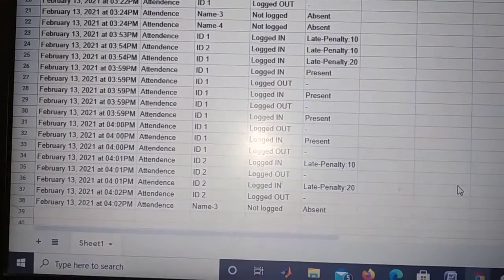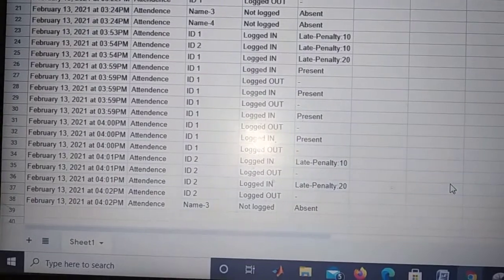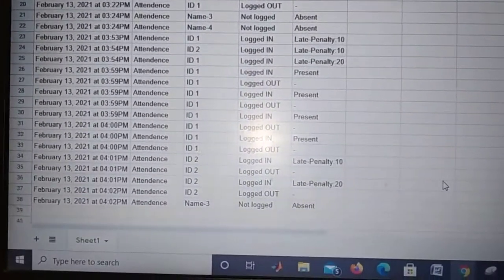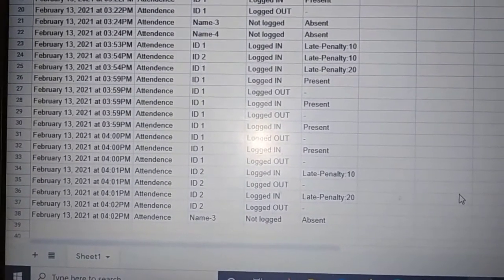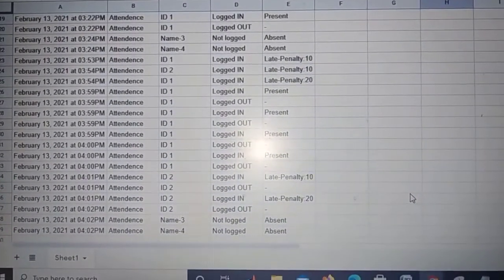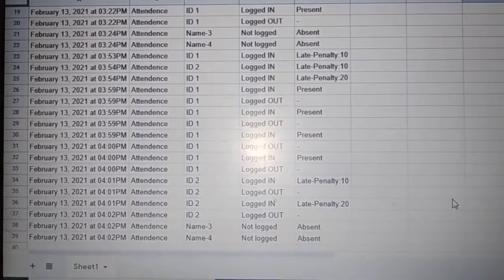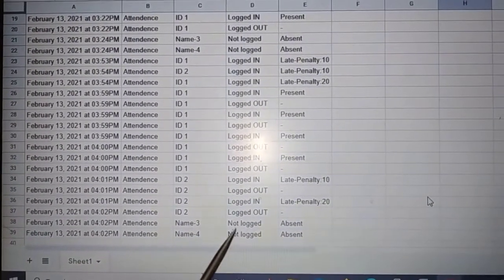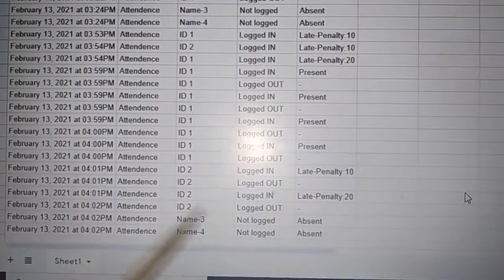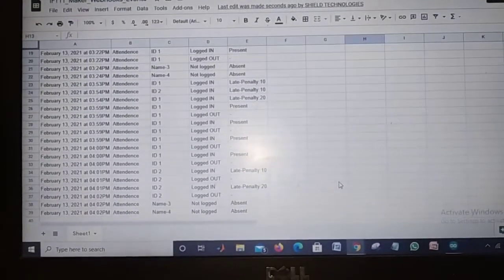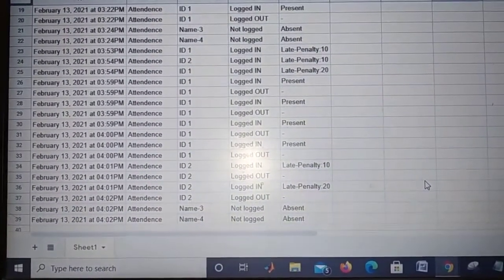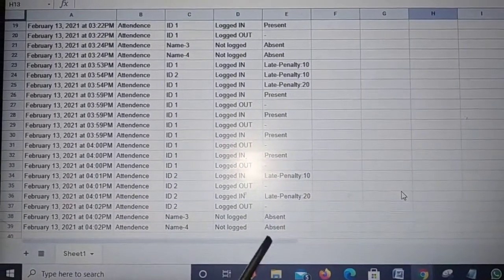So now as you can see, time has elapsed. Here we have used 4 students. Whoever the students who have not come to the college, who have not accessed their RFID card, those students will, after the time elapsed, automatically show absent. As you can see here, name 3 and name 4, now the time has elapsed, and now it is showing not logged, absent. As you can see here, this timing also we can set. So within that limit, if a student has not accessed their RFID reader, it means they are absent, so that will be updated in the Google Sheet. As you can see here, name 3, name 4, not logged, absent.